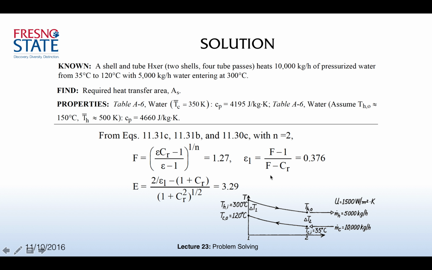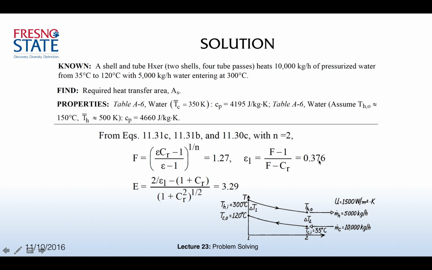Use the F to find the epsilon 1. These are corrections to the epsilon. So epsilon 1 is going to be equal to F. So this is the epsilon if one shell pass was used. The epsilon we calculated is for our actual heat exchanger for 2 shell passes. So epsilon 1 is the epsilon for the same heat exchanger if only one shell pass was used. So that's a correction. So it's F minus 1 over F minus CR. F is 1.27, CR is 0.555. Then you find your epsilon 1 to be